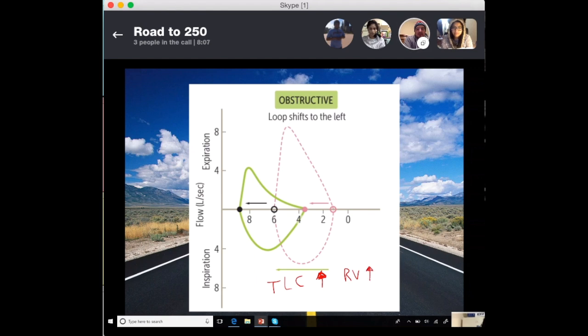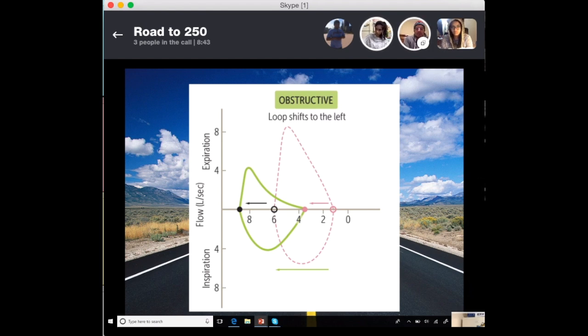So that means when we're done exhaling, we have a lot more air that is still trapped inside of our lungs. And then forced vital capacity. Decrease. It could be normal or decreased. Okay, so having said that and looking at this flow volume curve, now